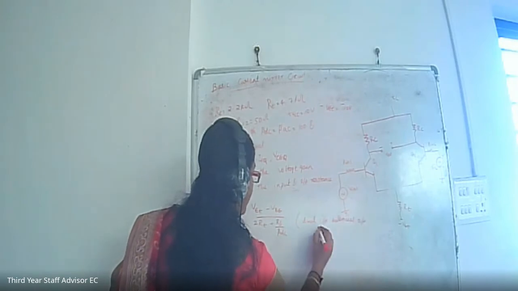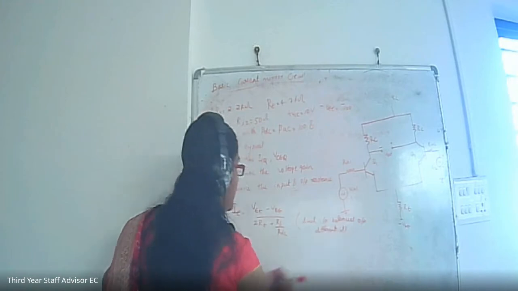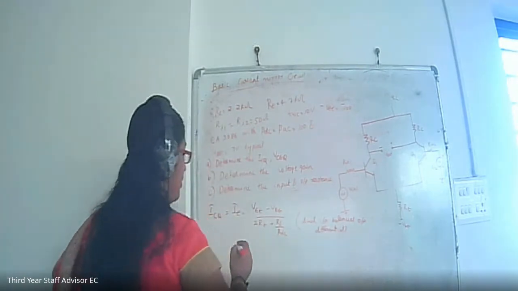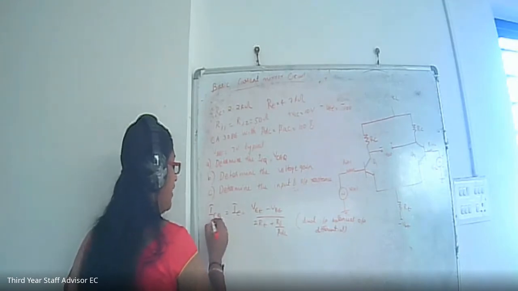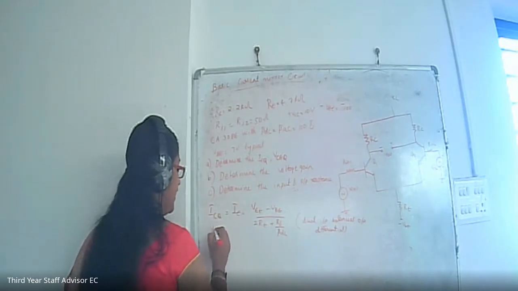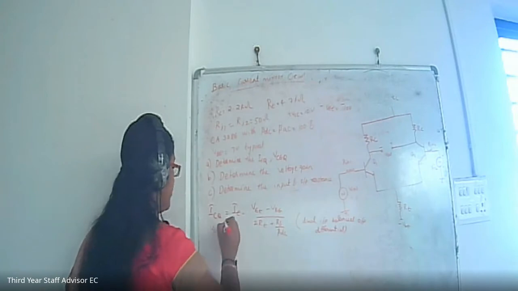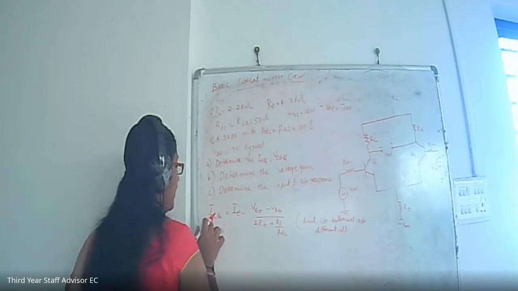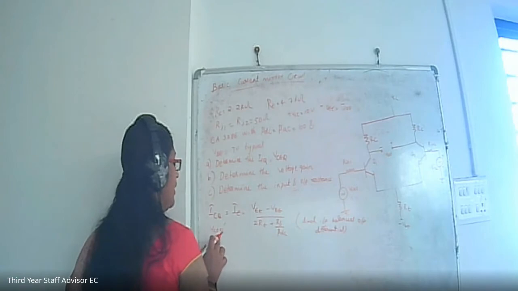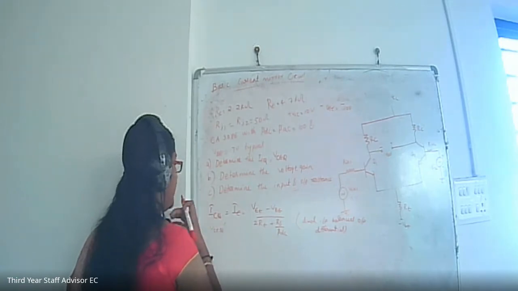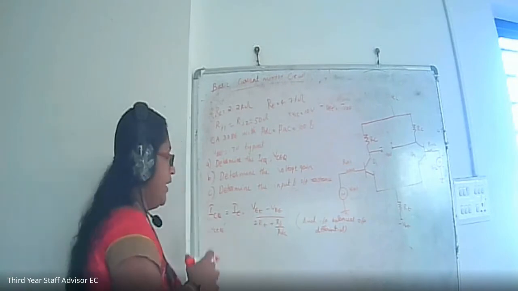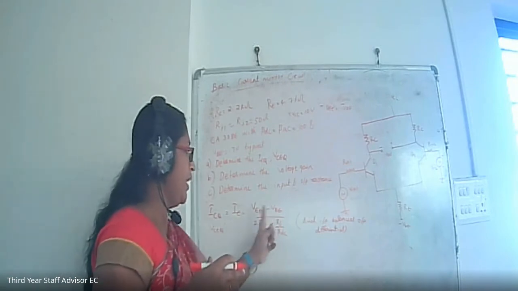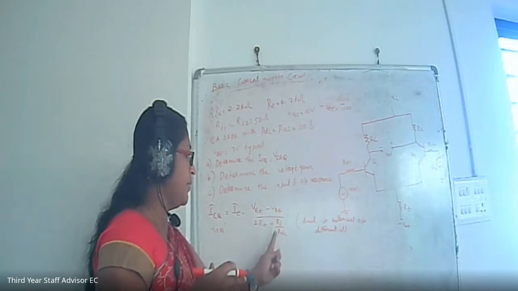Balanced output differential amplifier. So this is an important equation for the case of DC analysis. What we are finding is the ICQ and VCEQ value. I have specified these terms, that is quiescent collector current and quiescent collector to emitter voltage. This collector current is equal to the emitter current, and you have to learn its equation by heart: VEE minus VBE divided by 2RE plus RS by beta DC.